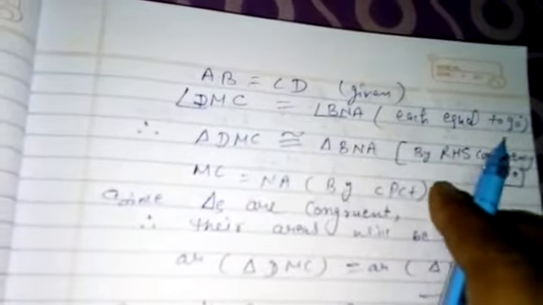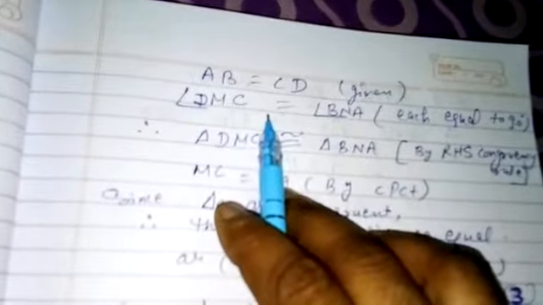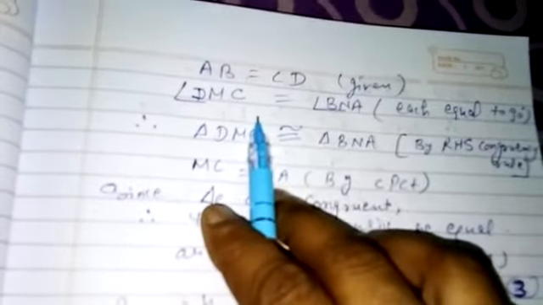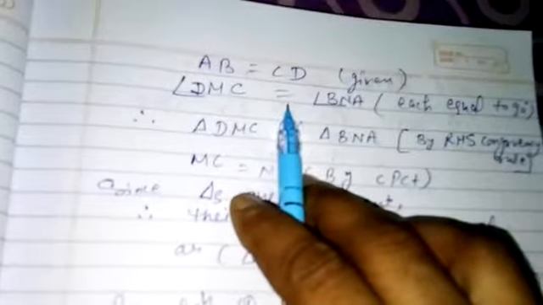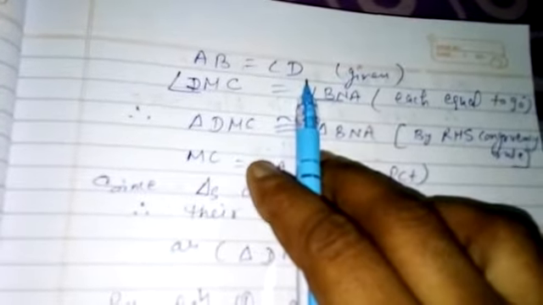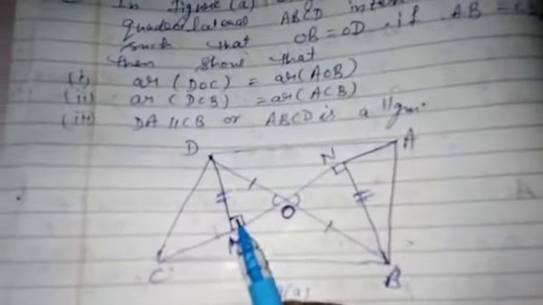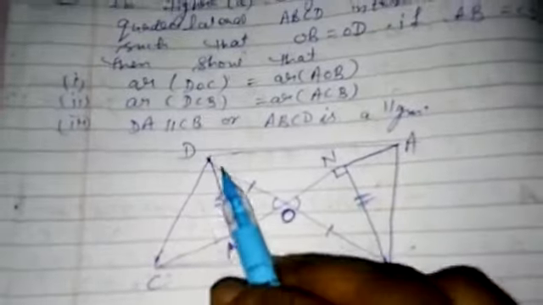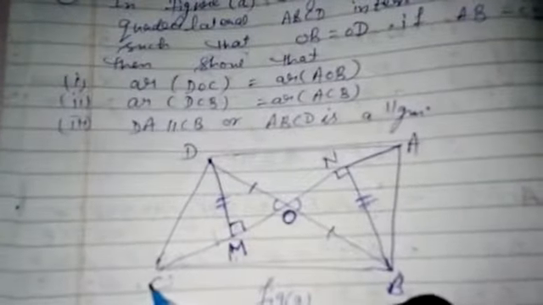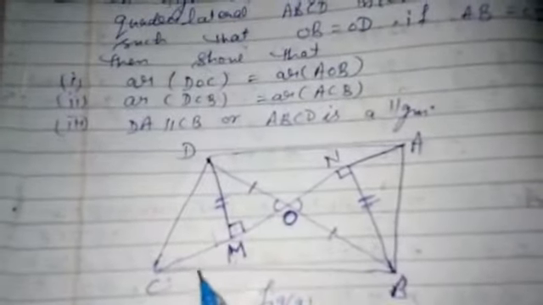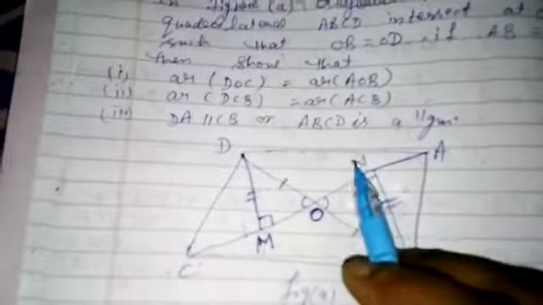Now, one right angle we proved. Right angle triangle means here we proved one right angle, and we proved AB is equal to CD, which is a side. You can see here, one we have proved right angle, one we proved the side AB equal to CD, and one we proved hypotenuse. We have written DM is equal to BN. This is one side we proved, this is hypotenuse.